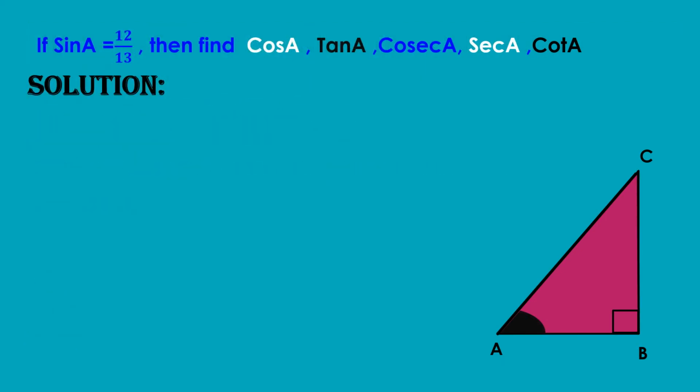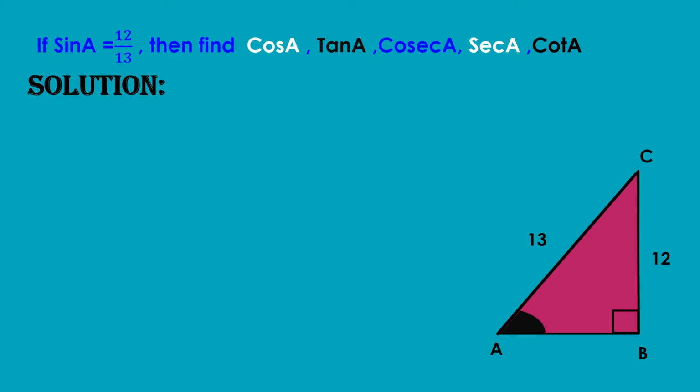In this right angle triangle ABC, first we have to find the opposite side to angle A. So BC is the opposite side to angle A, and given that is 12. And what is the hypotenuse? Opposite to 90 degrees, that is AC. So AC is the hypotenuse, which is given as 13. Now we have to find what AB is.